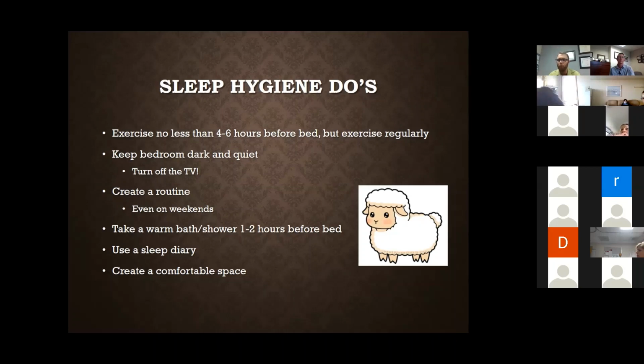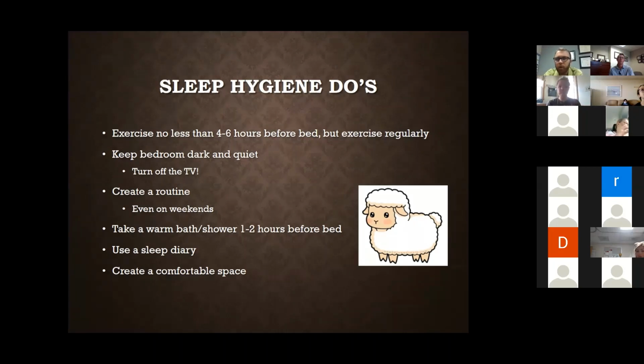So if we look at sleep hygiene pretty deeply, you'd want to prioritize exercise pretty early in the morning. But if you can get it 4 hours before bed, you're still going to be able to ramp down from that. Kristen's already mentioned turning off the TV. That's a big ticket item. Patients really dislike hearing that, for a lot of reasons. One, people like to be entertained. And two, sometimes people have ruminating thoughts and anxiety as they go to bed, and the TV can help drown that out. But I've got better options for that.